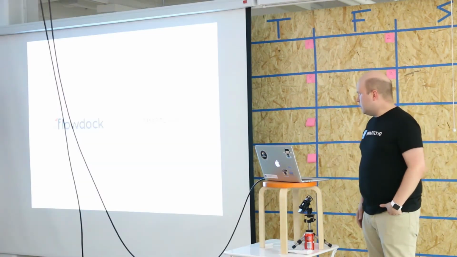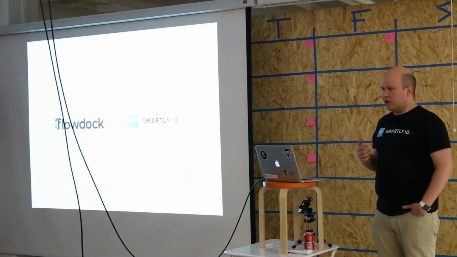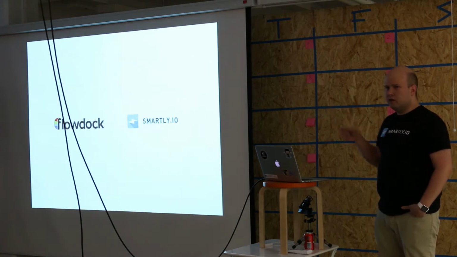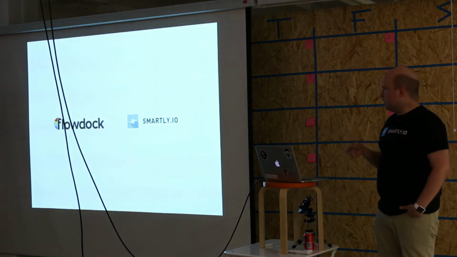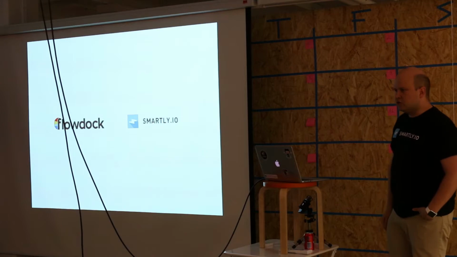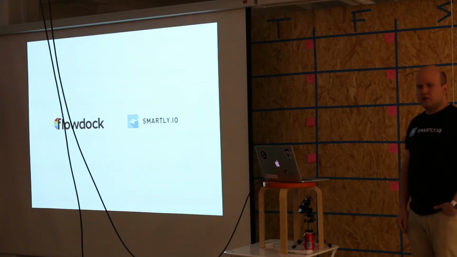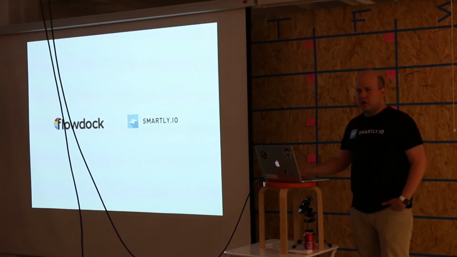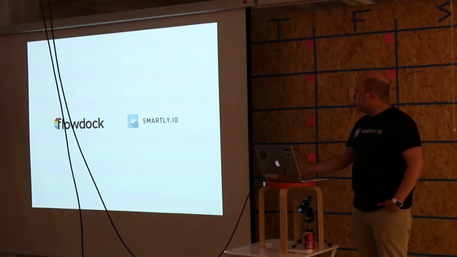But first, my background. I'm kind of a startup guy. I've been the founder and CEO at FlowDoc, but I kept coding all the time through that time. When we sold to Rally Software a couple of years ago, I stayed around for a couple of years and joined Smartly just recently. Smartly is a Facebook marketing automation company. We're about 55 people at the moment, growing pretty fast, so working with the engineering team there.